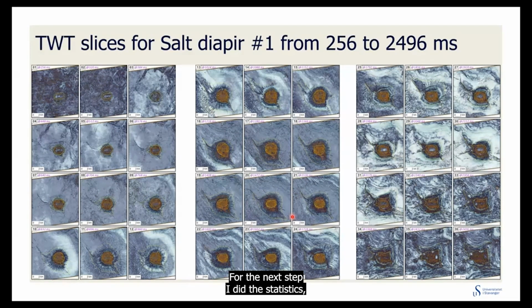For the next step, I did the statistics with the time slices from 256 milliseconds all the way down to 2496 milliseconds in a step of 64 milliseconds. So with these time slices, it allows me to,